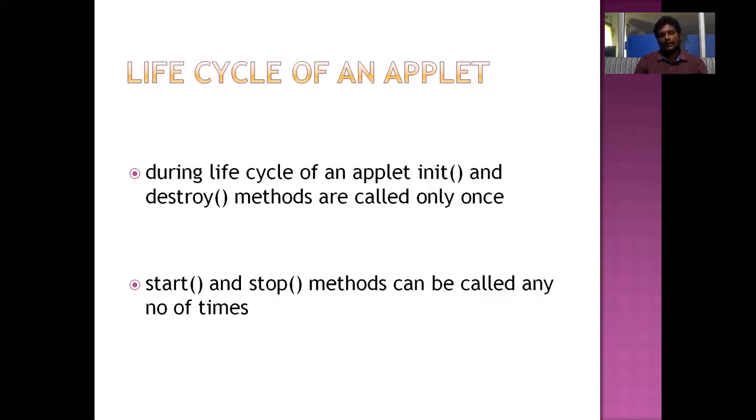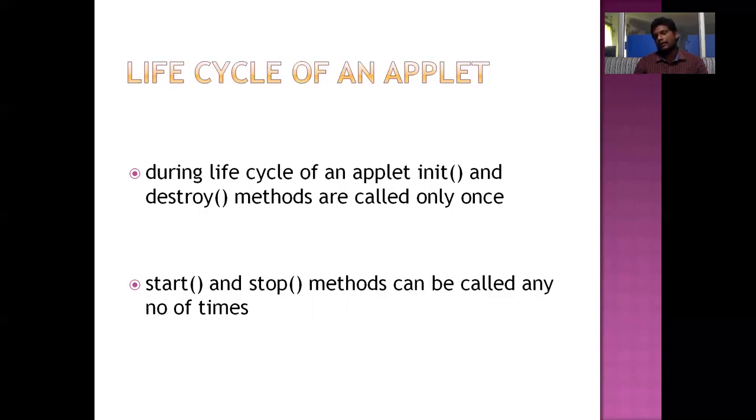I have used the appletviewer command. That particular appletviewer command will generate an output window. That means JVM is calling the init method internally. And the output of the Java program will be displayed on that output window, and JVM internally calls the start method. When we minimize that window, JVM calls the stop method. And when I again maximize that output window, JVM again calls the start method because it has to display some output. And if the window is overlapped by some other window, JVM internally calls the stop method.